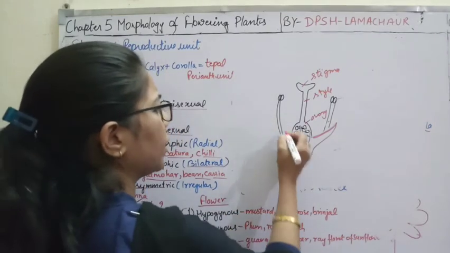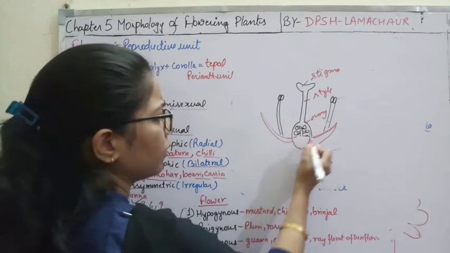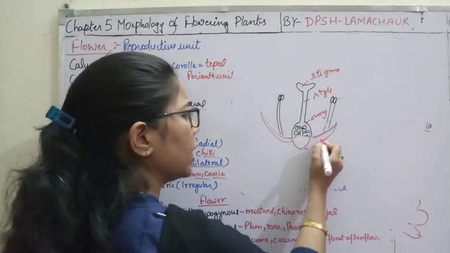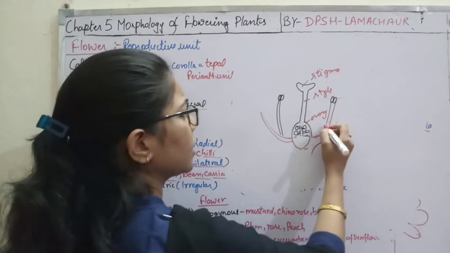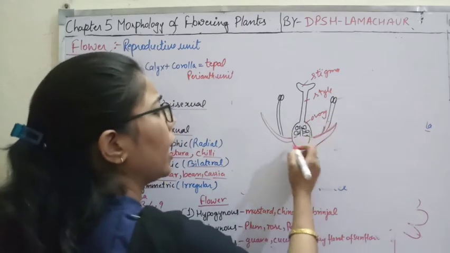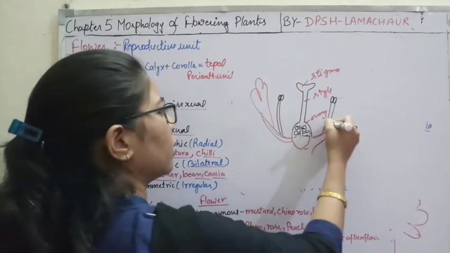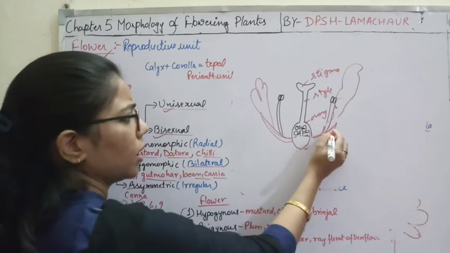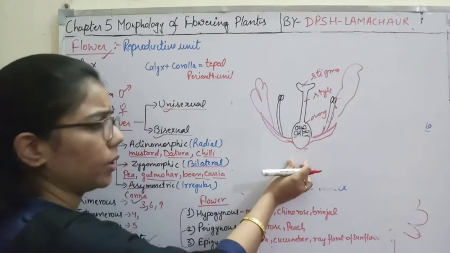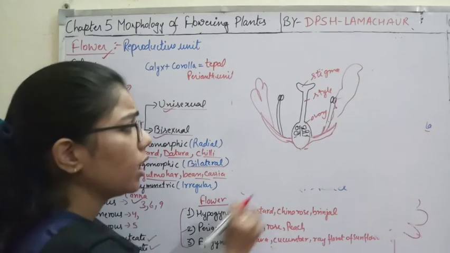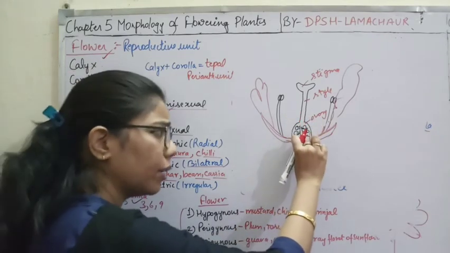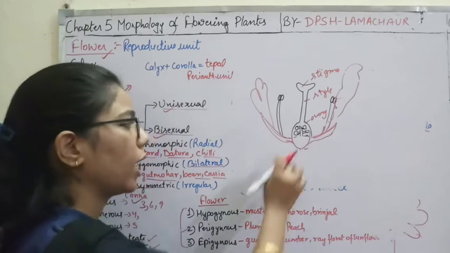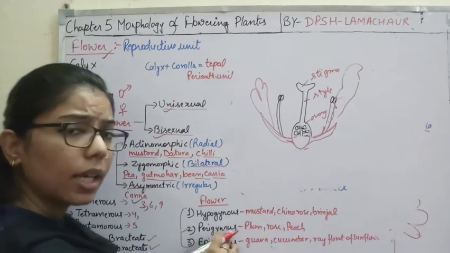So in this case, everything is arising from the middle of the gynoecium. The thalamus is present above, the male part is also arising at the upper part, and the petals are arising from this part. So here you observe that somehow the ovary is below the thalamus. This condition is known as perigynous. It means the ovary will be half superior and half inferior, and all the structures will be at the peripheral end of the gynoecium.